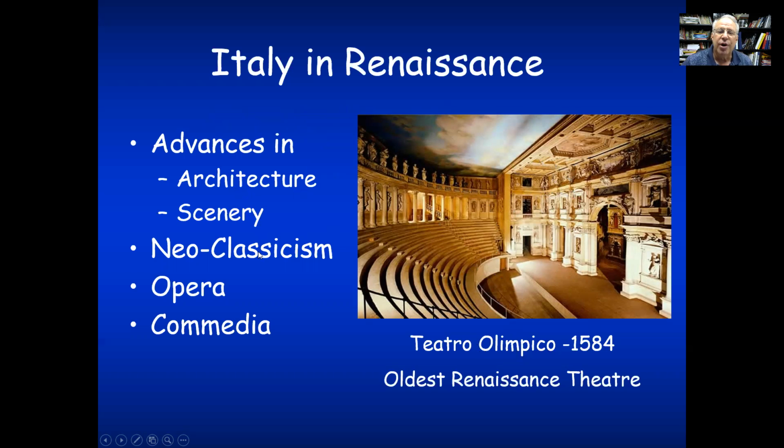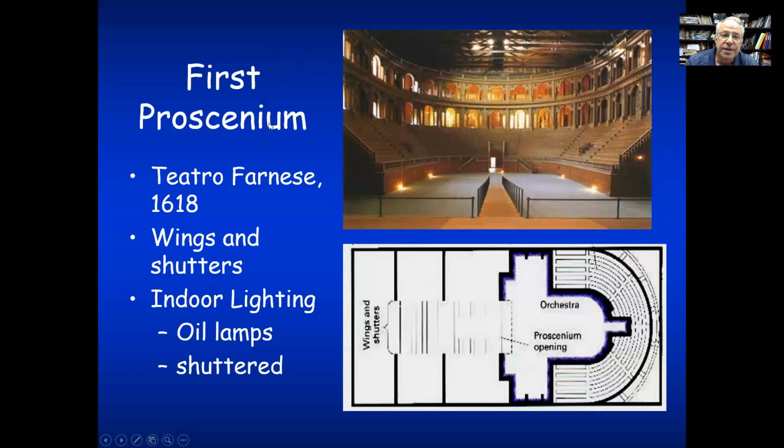neoclassicism, which is basically trying to redo the Greek and Roman ideals. There was opera, which we don't get into, but there were a lot of wonderful sets involved in the opera. And of course, the music. And commedia dell'arte, which was a kind of street comedy form that carried on, and the tradition carries over into today. We saw clips of Lucille Ball earlier when talking about styles and farce. That's right from commedia. So this first proscenium theater was the Teatro Farnese in 1618, and look at how it